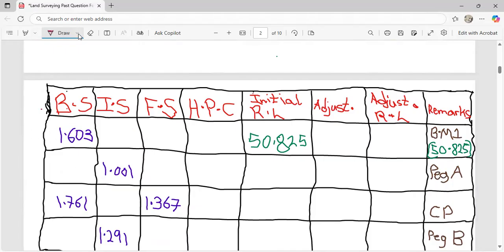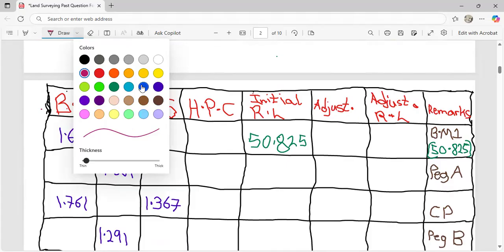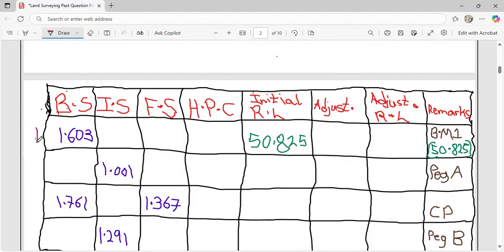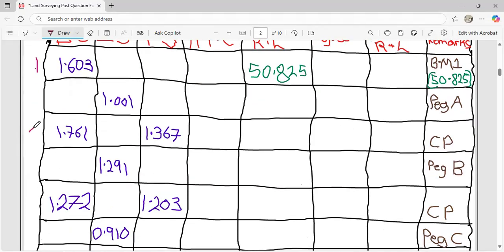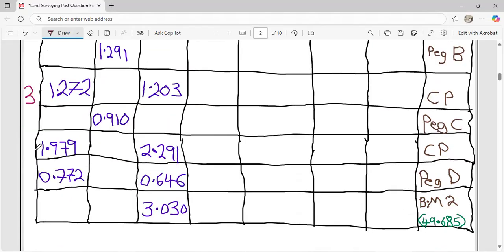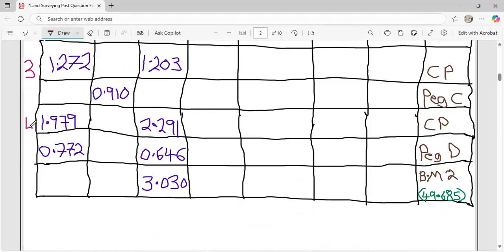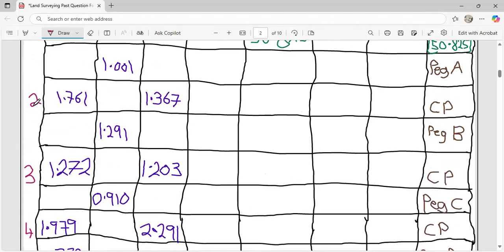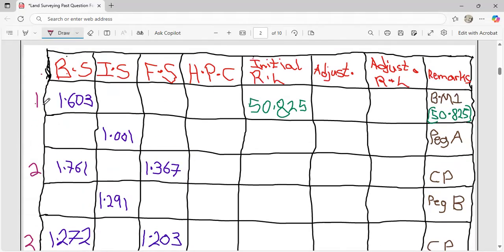So let's quickly number them: 1, 2, 3, 4, 5. Because we have 5 backsights, it means we are going to have a total number of